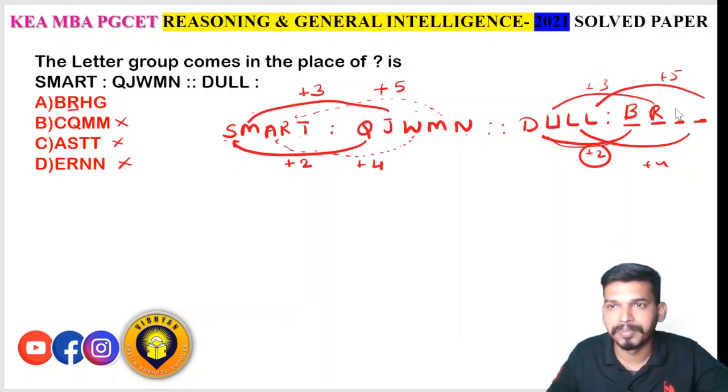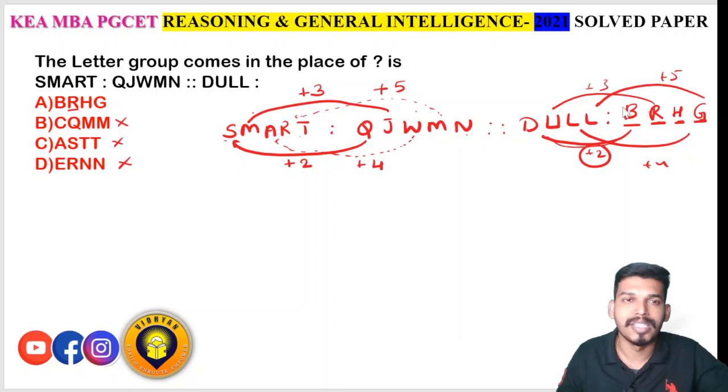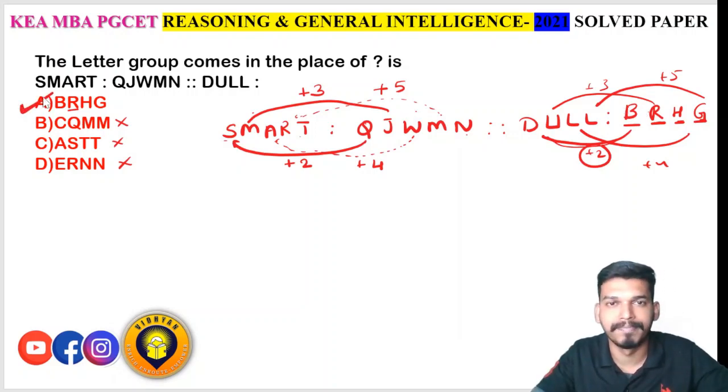Then H. If you do plus 4 from H, where do you reach? I, J, K, L. Yes, obviously. Then G. If you do plus 5 from G, it should be L. H, I, J, K, L. So that means B, R, H, G is the right answer. Got it? Then